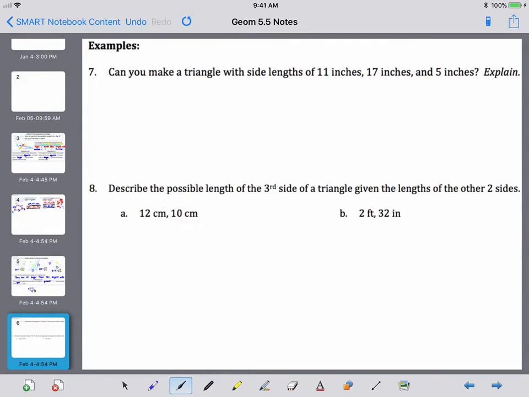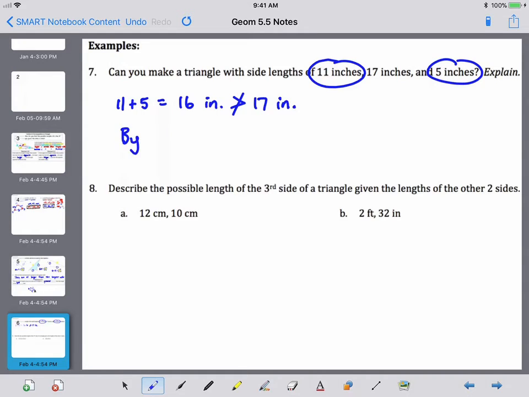Alright, so let's look at some examples using that idea. First of all, in number 7, can you make a triangle with side lengths of 11 inches, 17 inches, and 5 inches? So if we take the shorter two sides and add them together, we get 16 inches. And unfortunately, that is not greater than the longest side. So by that last theorem, theorem 5.12,